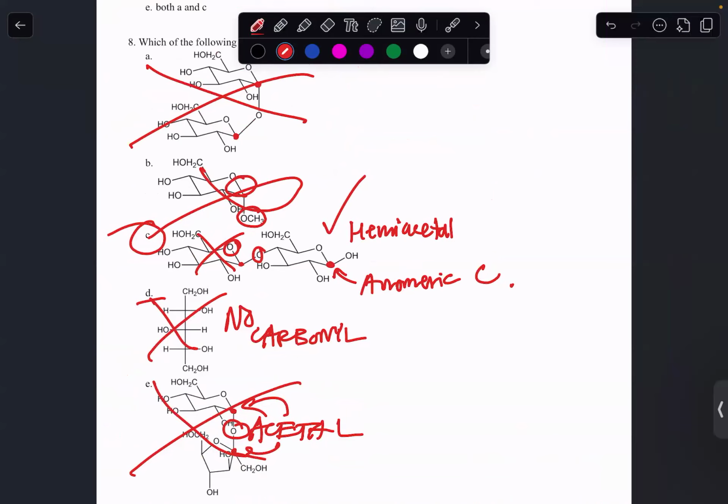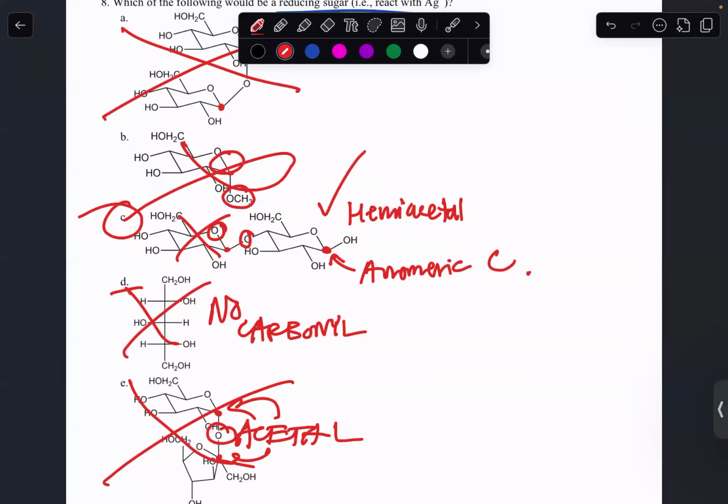Clarify, it can't do the ring if it doesn't have a carbonyl, right? Yeah, it cannot close into a ring if it doesn't have a carbonyl. It has to have a carbonyl in order to close the ring. Like in an aldehyde, you'll see CHO. For ketones, you'll see a carbonyl. So first we would have to see one if it has a carbonyl and two if it has a hemiacetal